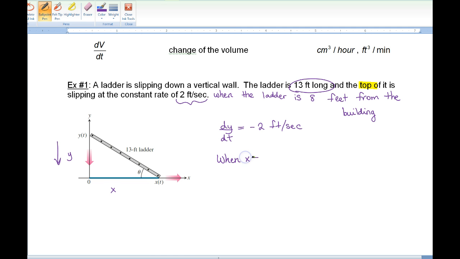Wait, but it's a constant rate? No, hold on. It's slipping, it's falling down here at 2 feet per second, okay? So it's not like speeding up or anything. So why does the distance... So I wanna know, is it the initial... hold on. I wanna find out what